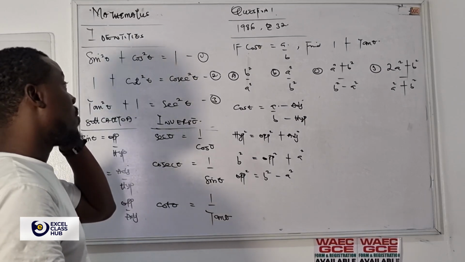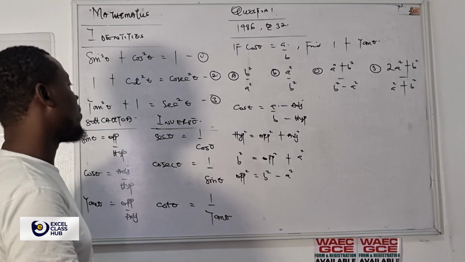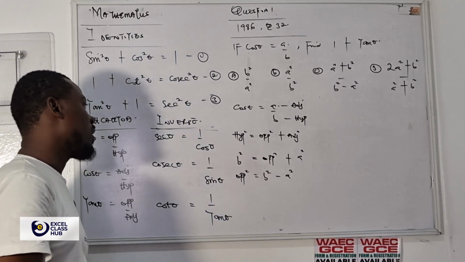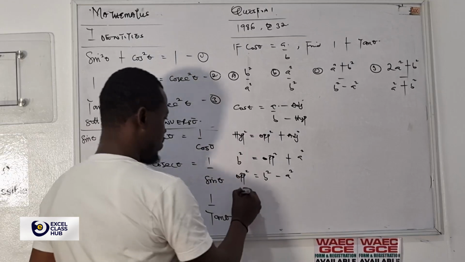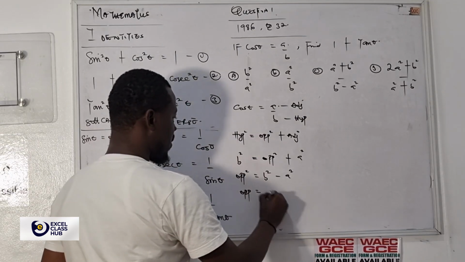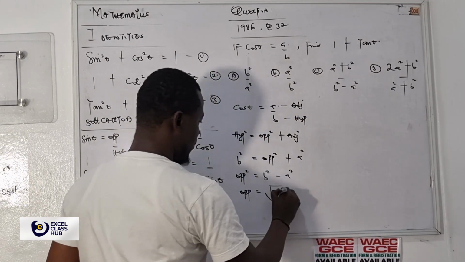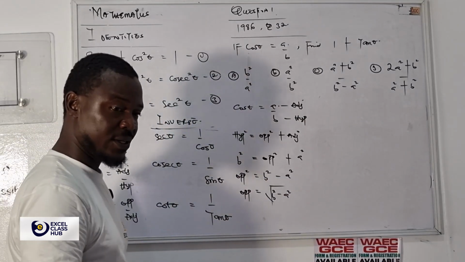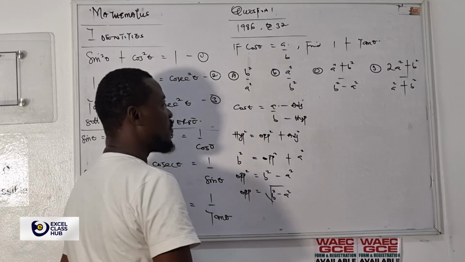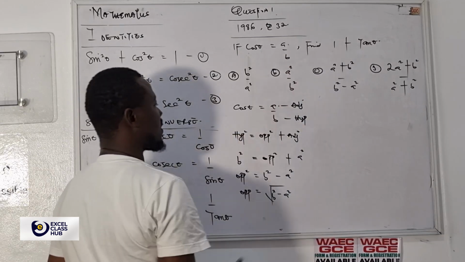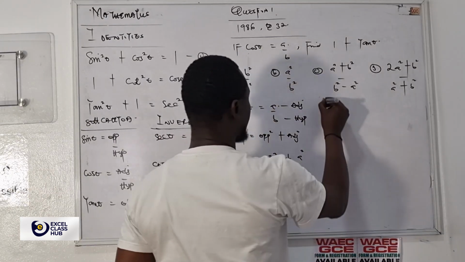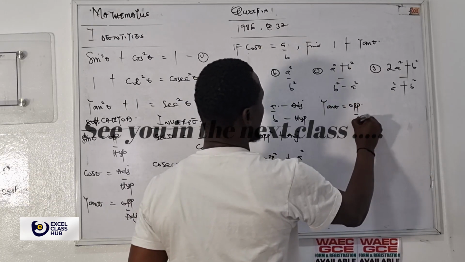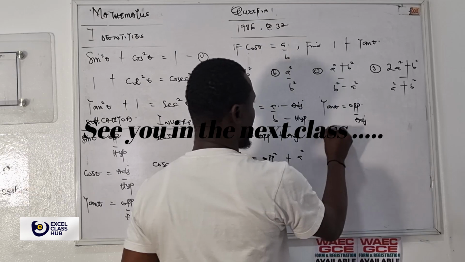But the question says I should look for 1 plus tan θ. But remember, here will give me opposite equals the square root of B square minus A square. Please check it very well. Is there no root among the options there? So if your opposite gives you this, now the question says look for 1 plus tan θ. If I'm to look for tan θ, it will be opposite over adjacent. So that means tan θ